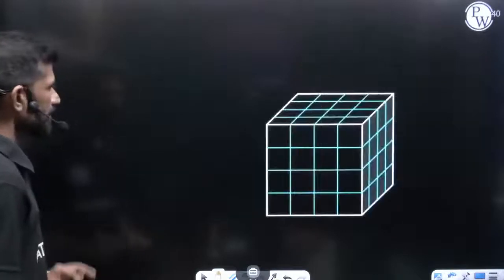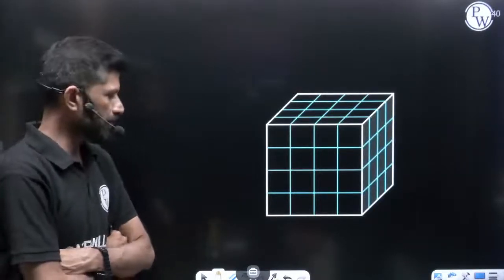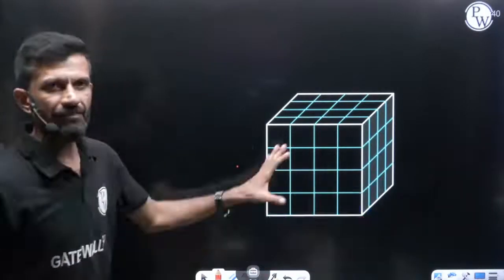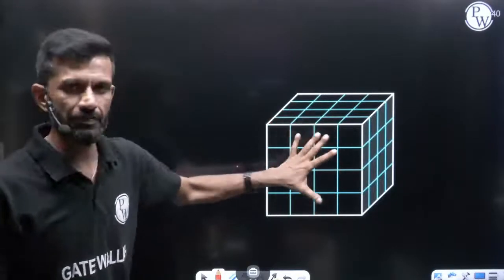See, here is the cube. I have given 3 cuts on each edge to form smaller cubes of equal size. I am asking you how many cubes will be formed. My dear friend, if this cube, yes Deep, we'll discuss. If this cube is visible to you,